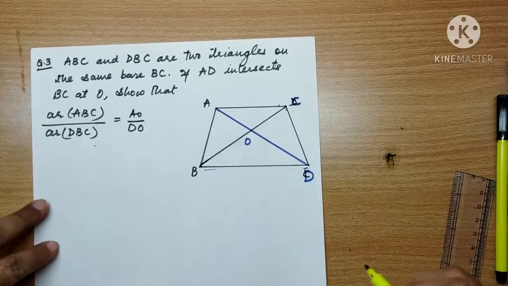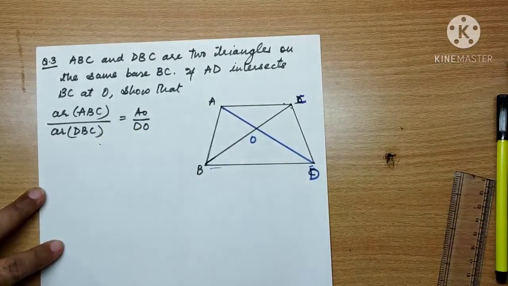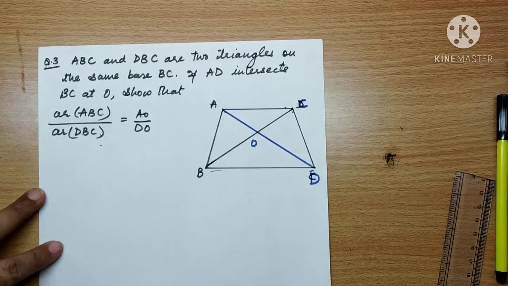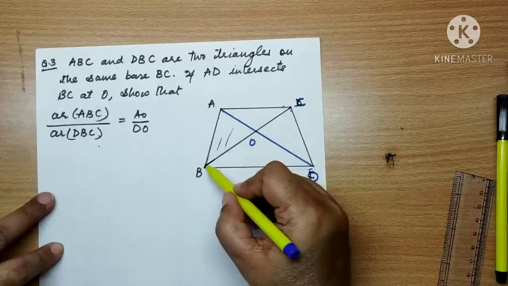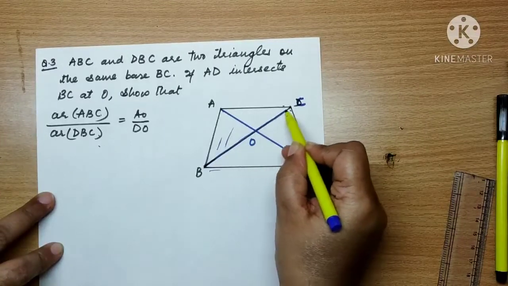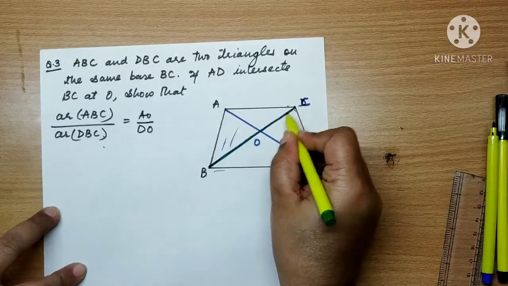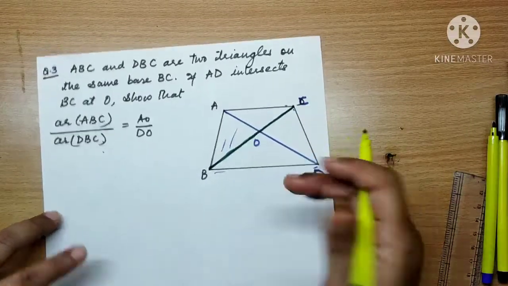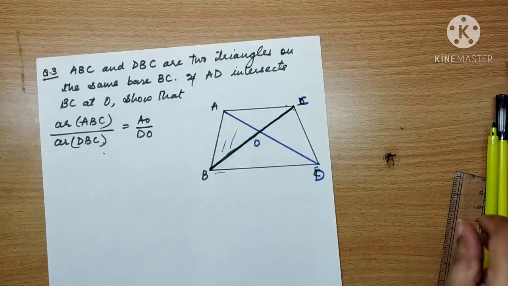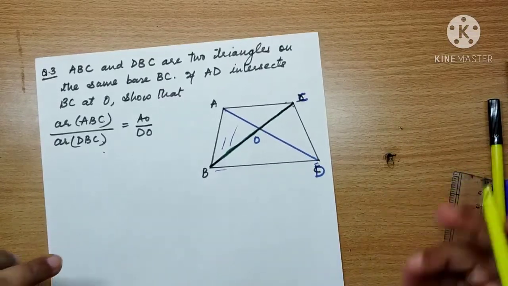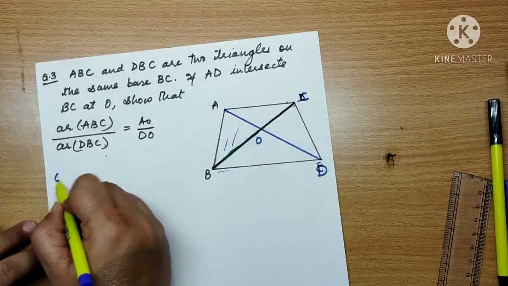What do we do? Nothing given. See, in order to compare the ratio of their areas, I should have the triangles similar. Which triangles? One is this upper triangle and the other is this lower triangle with respect to this base BC. One is upper, one is lower. Nothing given. So how do we compare? I cannot make these triangles similar with the given condition because nothing is given. Now we are talking about the area and nothing is given to us.